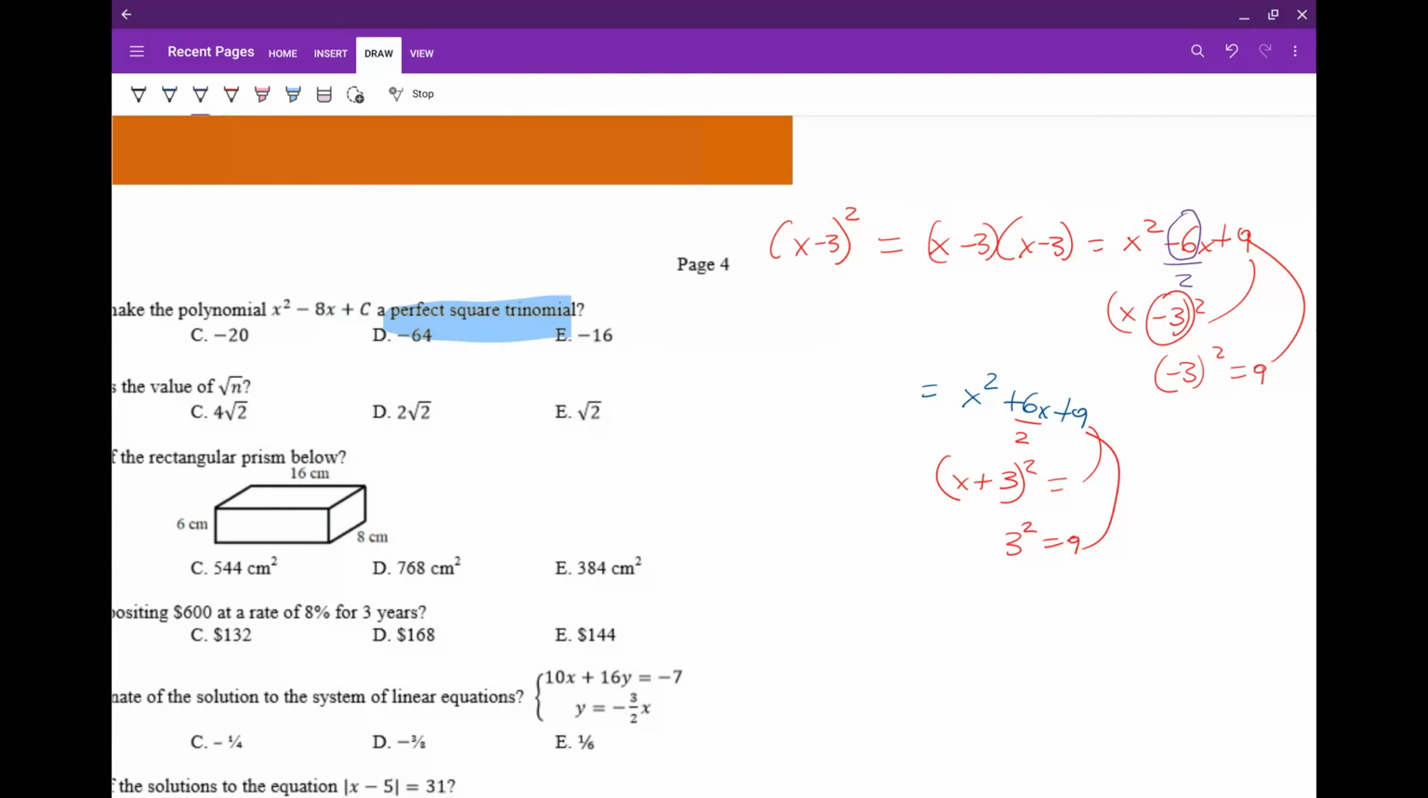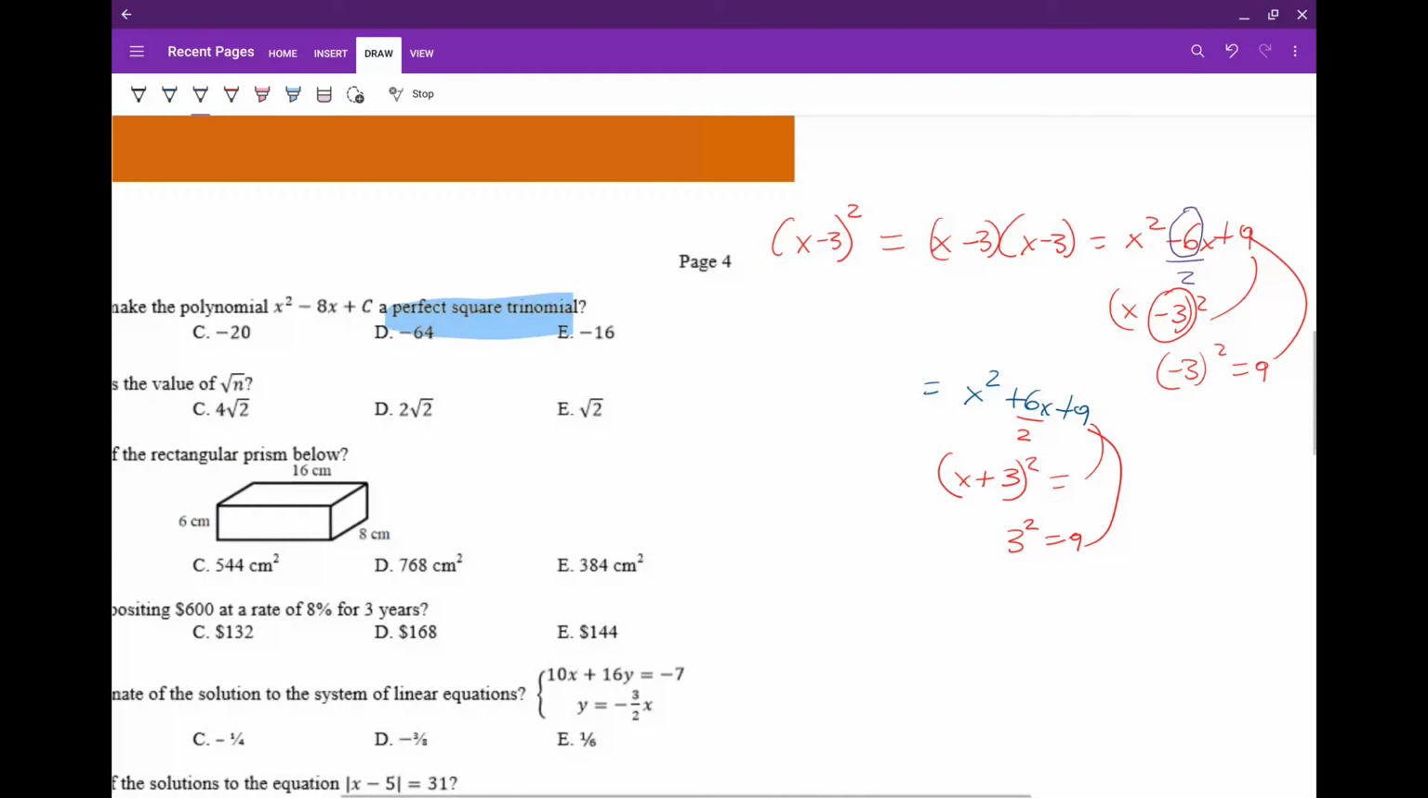So in the same way, it's asking us x squared minus 8x plus c. You divide your b term by 2, and you get -4. Stick an x in front of it, you get x minus 4 whole squared equals this trinomial. Now it's asking to find the c term. So you could either FOIL it out, or because you know that